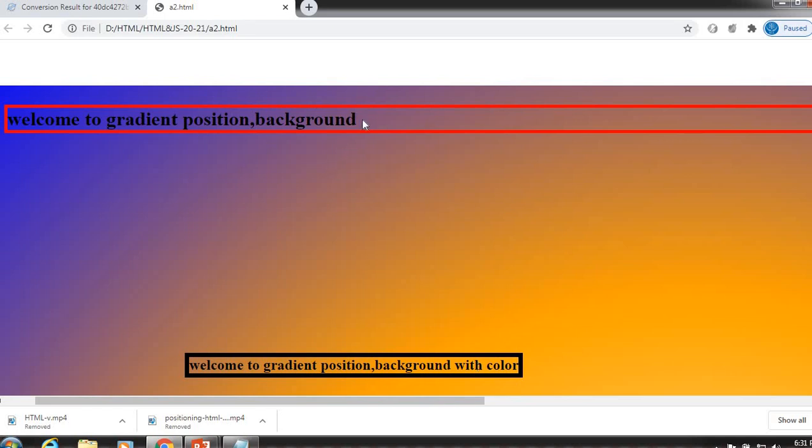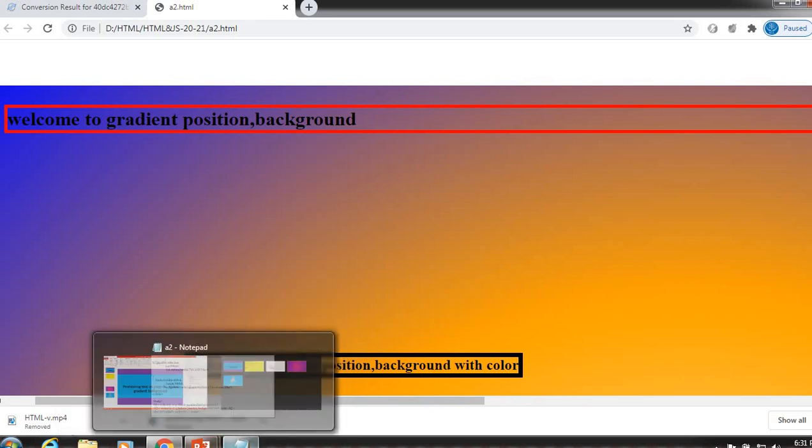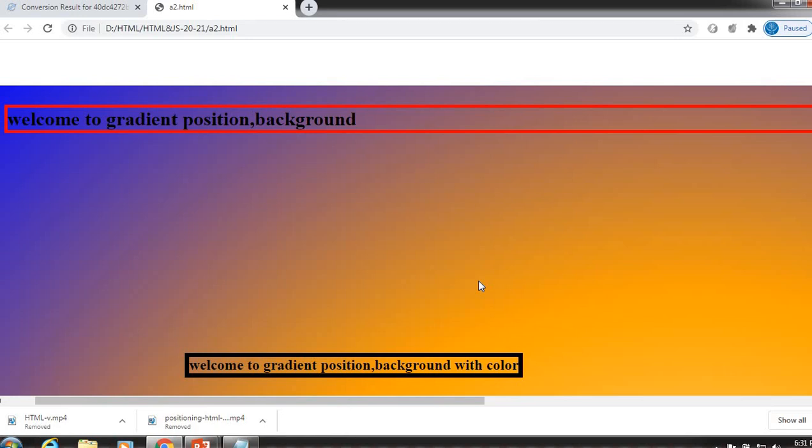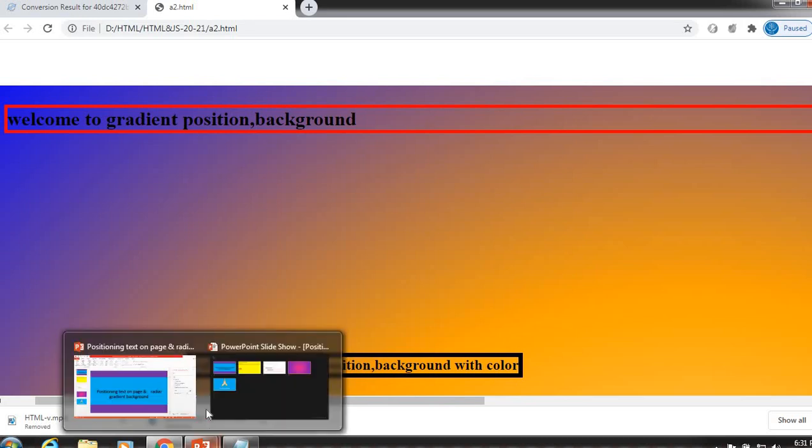This is heading 1, this is heading 2. We have located them at particular locations. So now we have seen the position and gradient background with the specific look in CSS. So thank you so much.